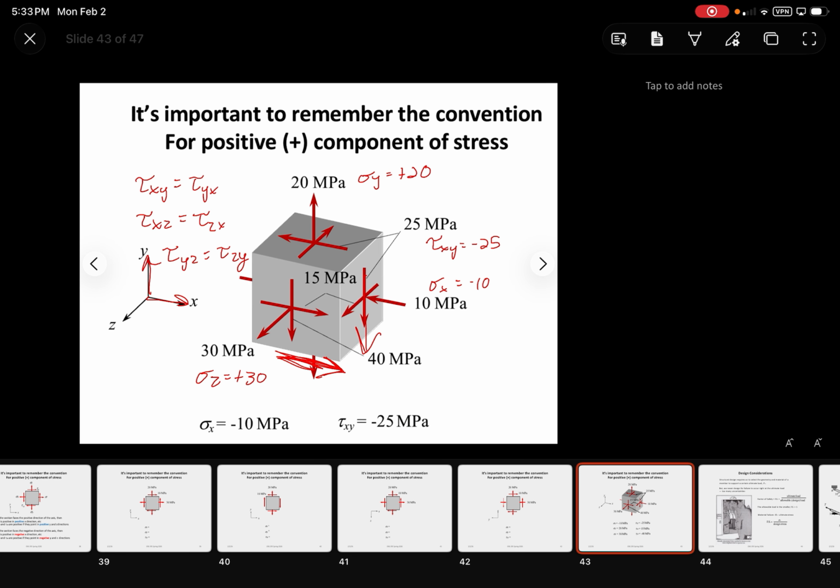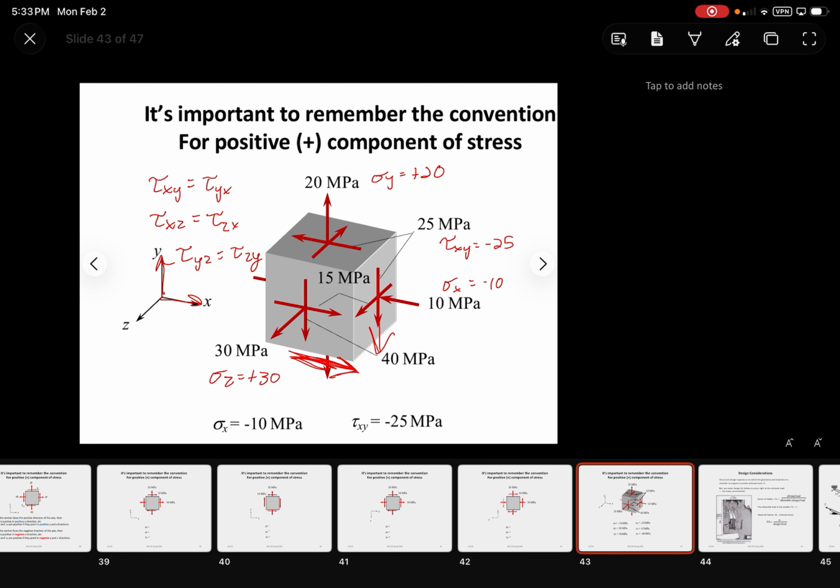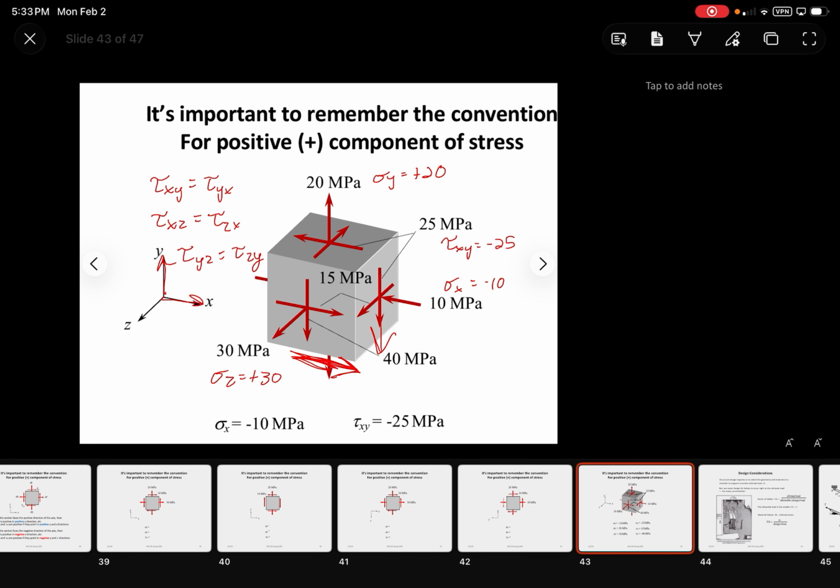What about for tau xz? Who's got tau xz? Well, you guys have basically seen this enough times, so I'm just going to give up on this. I hate PowerPoint. Tau xz is basically just going to be the positive 15 megapascals, because if you were to